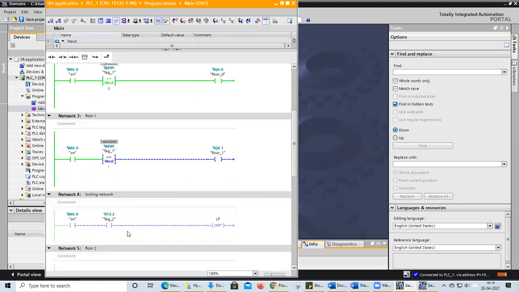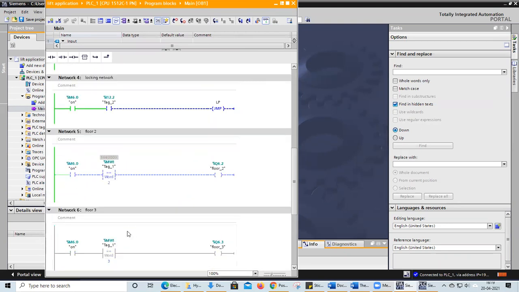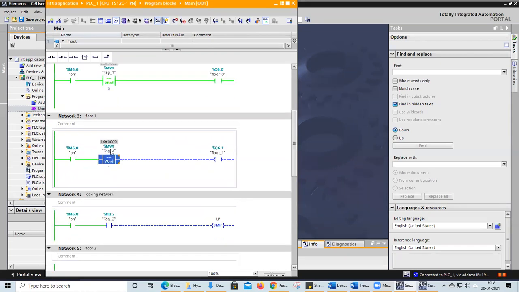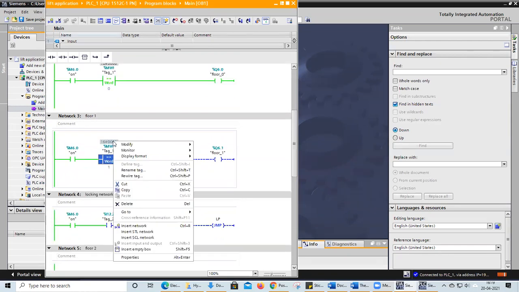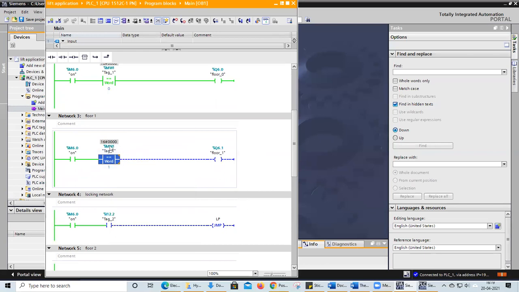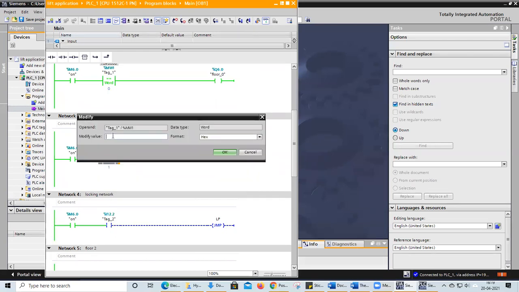Now I will change the floor address. Here option is there. You can right click and modify the address. Here you double click on this one and modify the value.